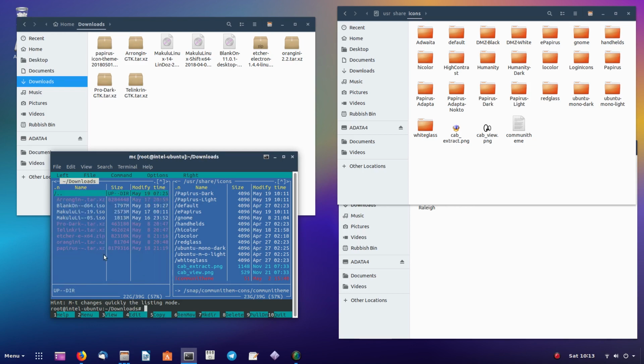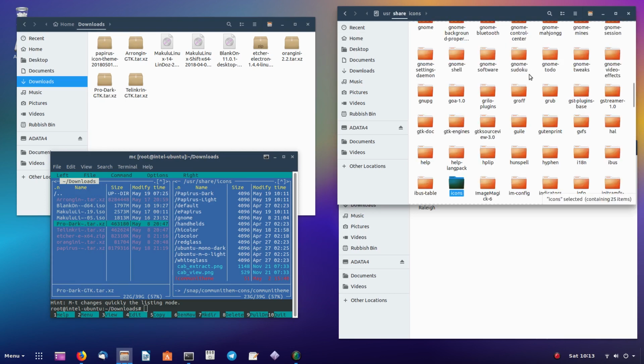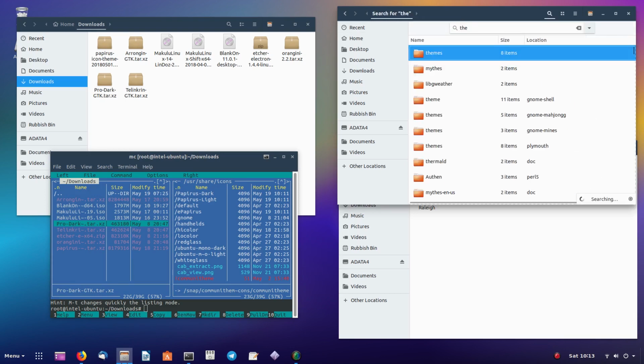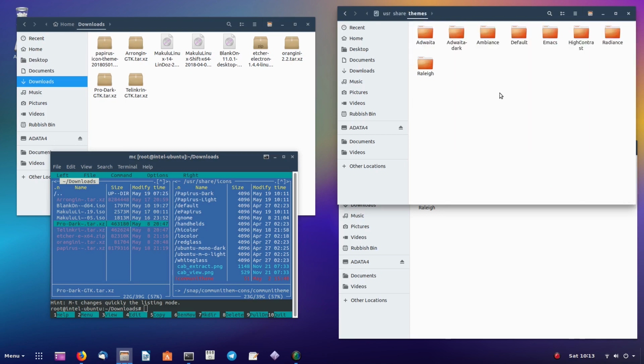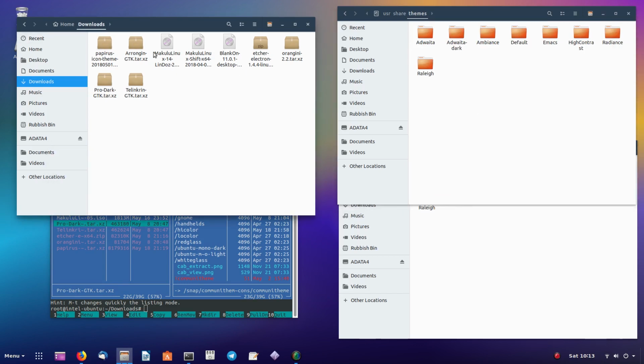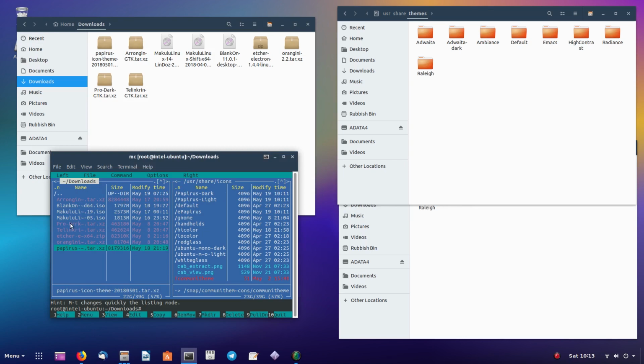Now what we've got here is the Pro-Dark. So now we need to go to user share themes. So we'll type themes. So we can see that there, and we are in downloads, which is here, you can see. So no need to copy this zip folder over. Let's just double click that and open it up, and there you go. So that one there. And what we shall do is we shall copy that to